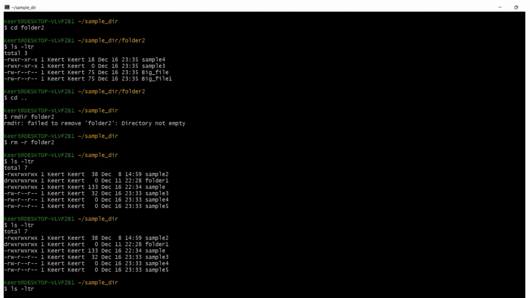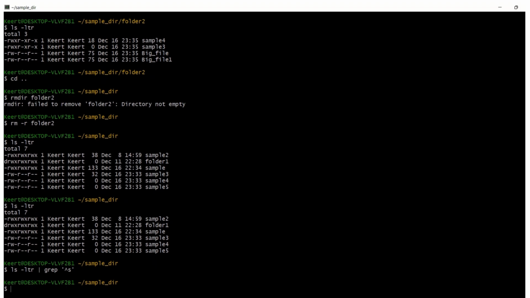ls -ltr | grep, and give the caret. Where is this caret? Yes, caret. You have to give it. Sorry, ls -ltr | grep, d you have to give,